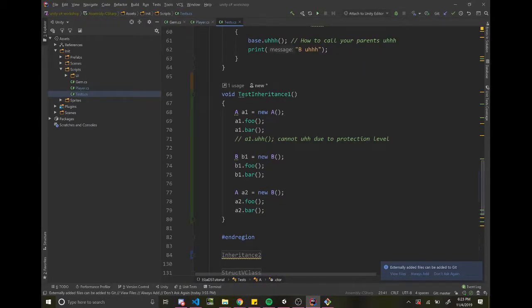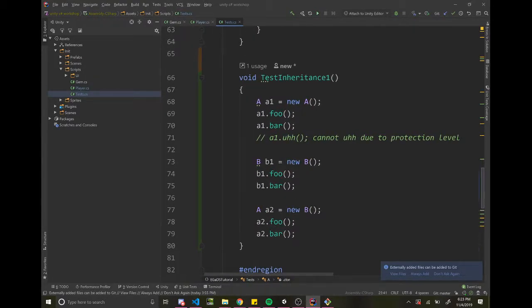So if we look at these test cases that I wrote, this here is how you construct an object in C#. So do y'all remember what's going to happen here whenever I construct an A? What's going to happen? The print, construct an A. Yeah, it's going to print construct an A, and then so on with foo and bar. So if we look at the output real quick,